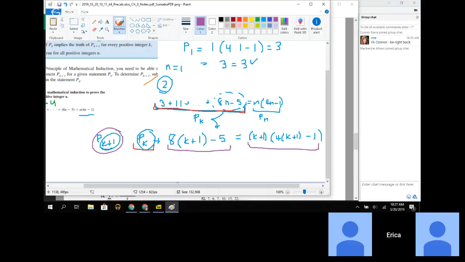So the red is my original, and the purple are the two next. If I add one more term to my whole sequence on the left-hand side, then I need to add one more term to my equation over here.